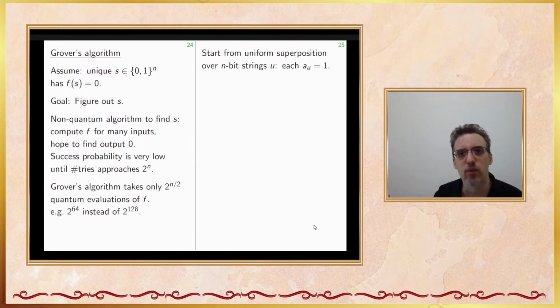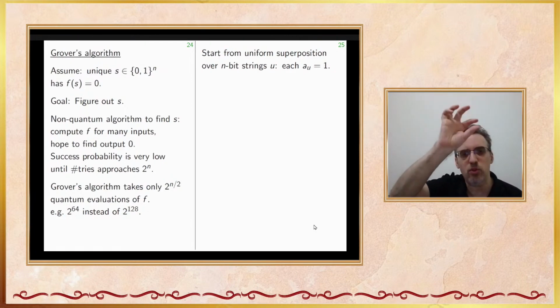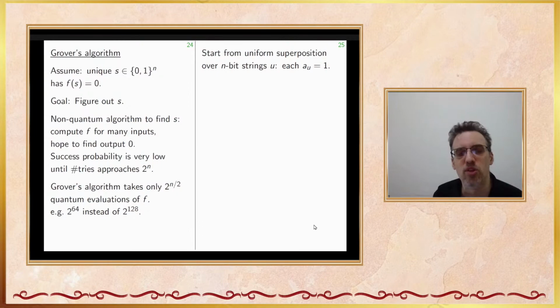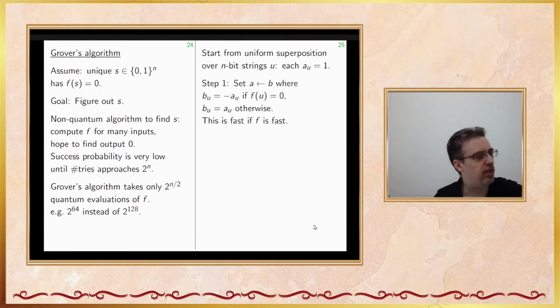We saw how to do that with Simon. You start with, well, you just measure, do NOTs to move to a pure position 0, and then do some Hadamards. And now you've got a uniform superposition over all n-bit strings. And now, step 1 of Grover's algorithm is to negate